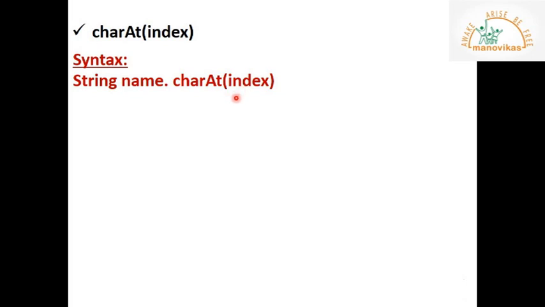Now look at this example. The name of the string, that is variable name A1, is equal to stay home. Stay, and there is a space, and then home. Space is also a character. So let's see how many letters are here. 1, 2, 3, 4, 5, 6, 7, 8 and 9 letters are there. But the index starts from 0. So this will be 0, 1, 2, 3, 4, 5, 6, 7 and 8.